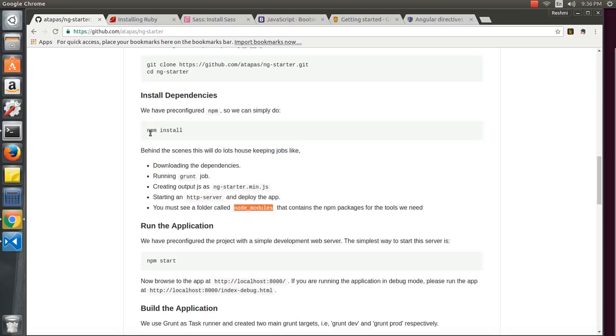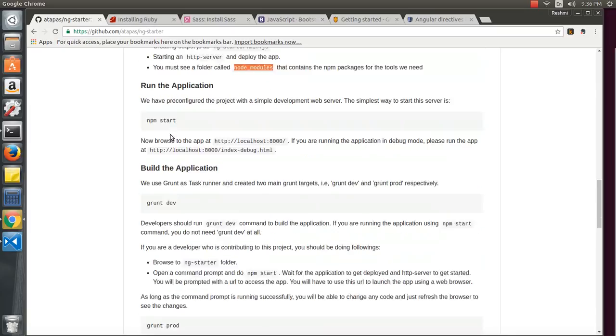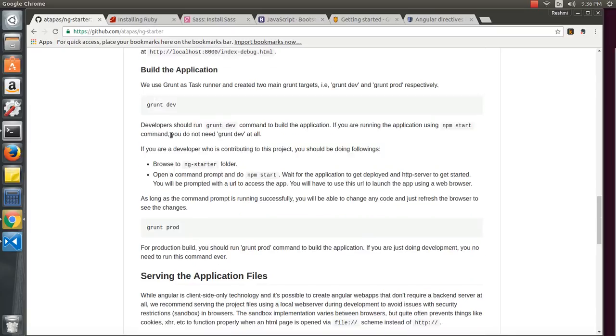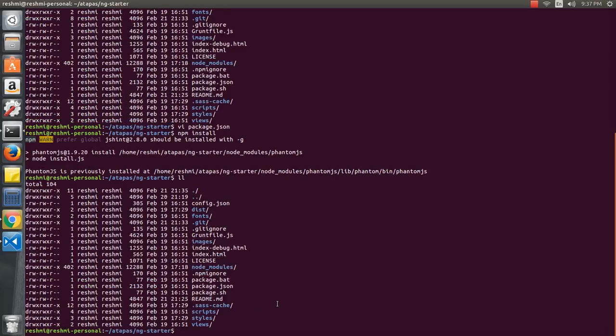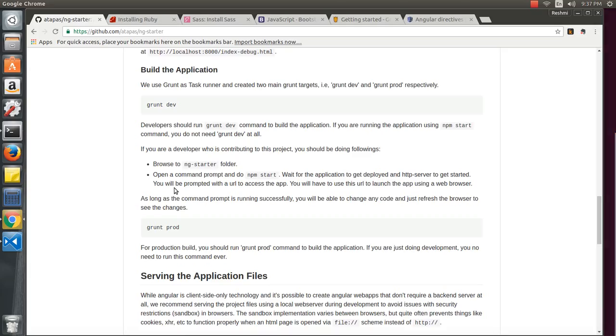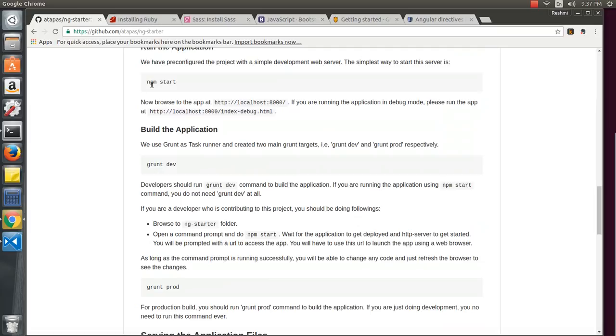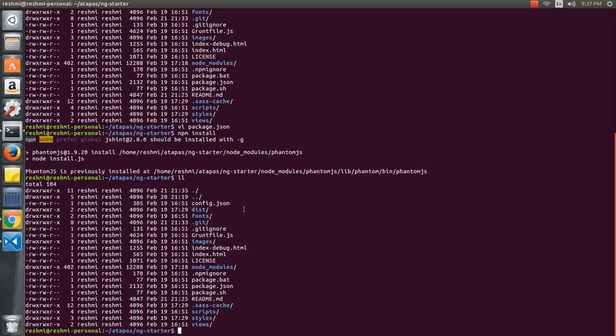So once you do npm install, this sort of thing will be done in the background, and we will eventually see how to make them work. So let me go back to the command prompt. It seems it is done, so I should be able to see our node_modules. And the next thing to talk about on this particular page is npm start, right? When I do npm start, what exactly happens is, let me go back to package.json once again, and